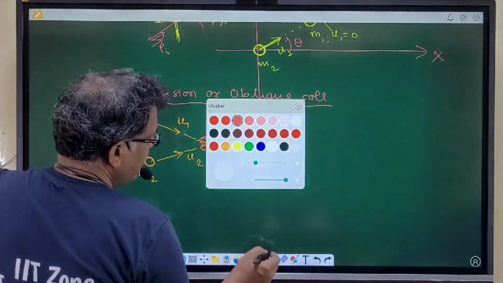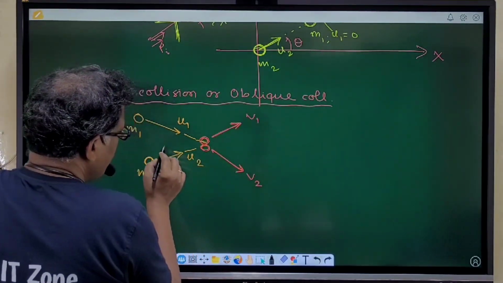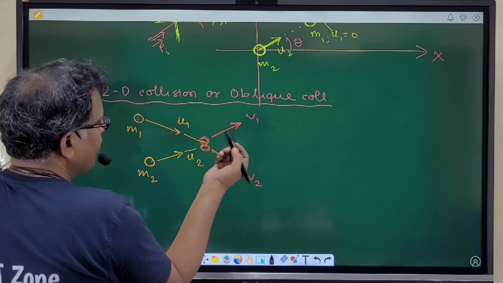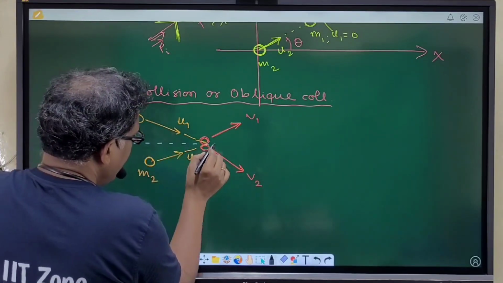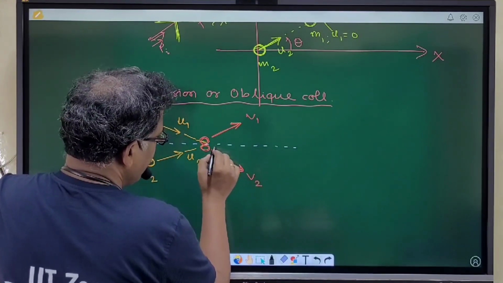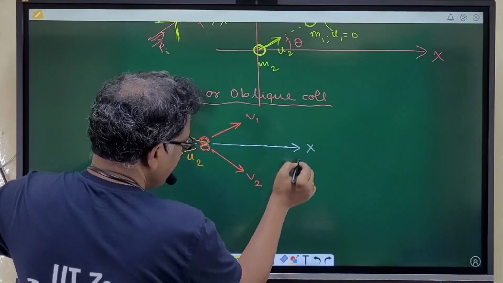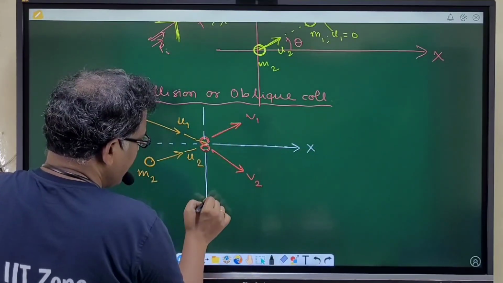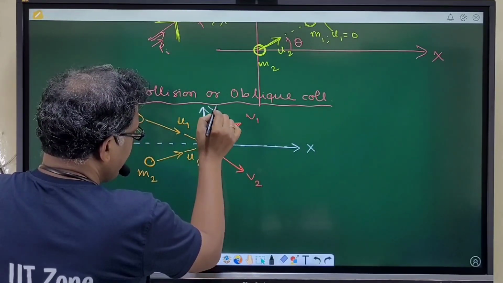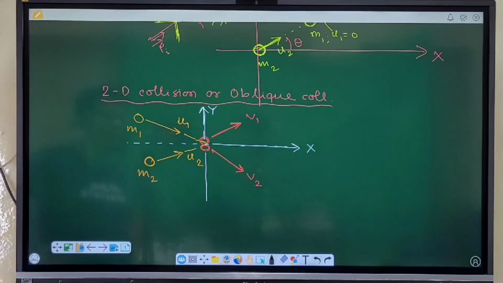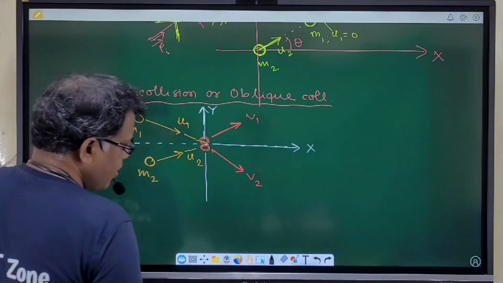For your convenience, let this be one reference line, the x-axis, and let this be the other reference line, the y-axis. Here neither the first particle nor the second is moving along a reference line, both before and after collision. Then we need to consider the